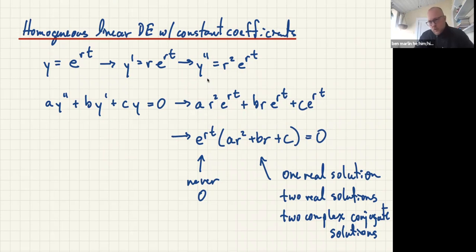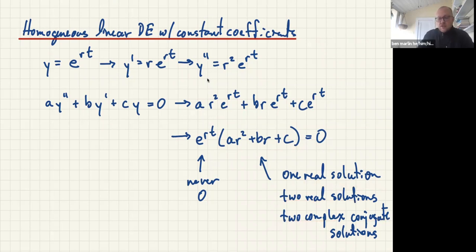Fourth degree, quartic, quintic. Unfortunately, once you get up past fourth degree, you don't have a lot of hope of solving them unless things just work out perfect. But in any case, I want you all to catch that these indicial equations that you write are the main thing to solving these. And then you have the three cases of having one or two real solutions and then